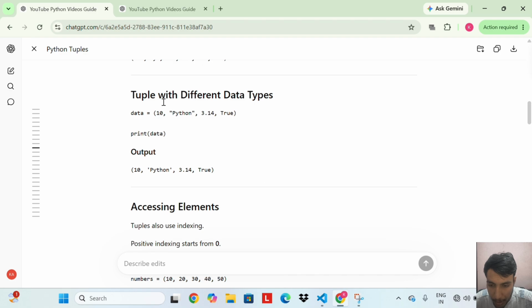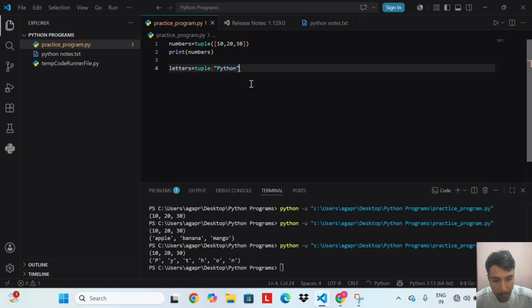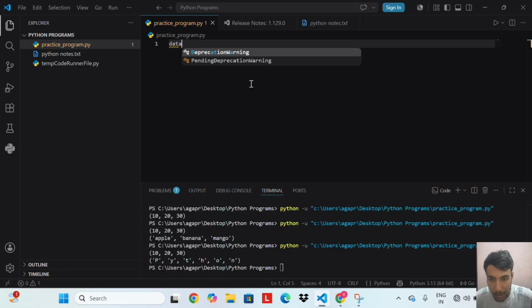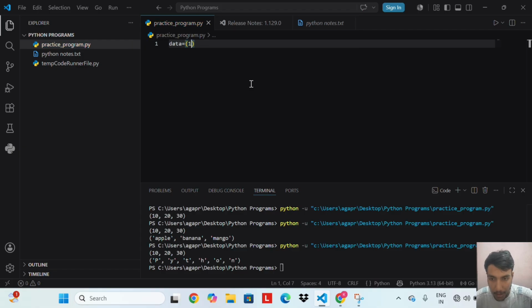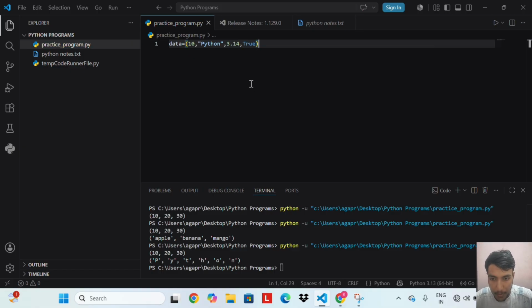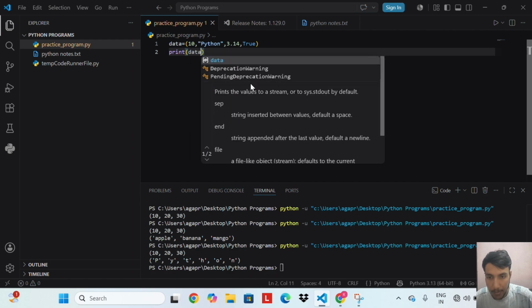Tuple with different data types. So let's do an example of a tuple with different data types. data = (10, "Python", 3.14, True), print data.